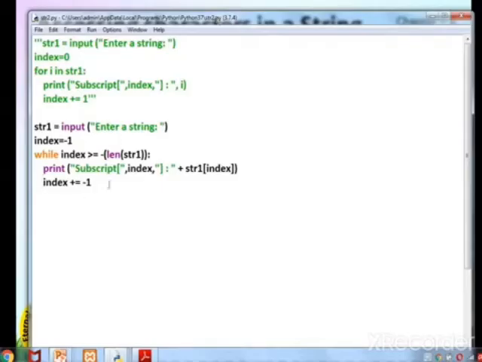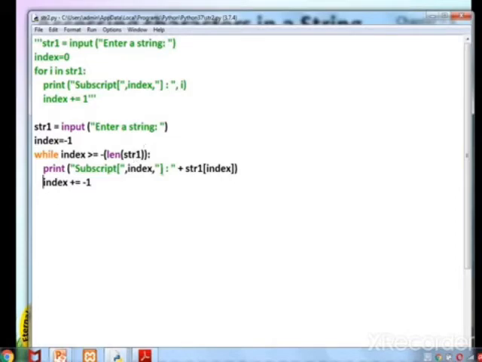So in the program, index is -1 to minus of len of str1, which counts the total number of characters stored in str1. So the loop is going to happen from -1 to the end of the characters. That means if the total number is 5, it will go to -1, -2, -3, -4 up to -5.